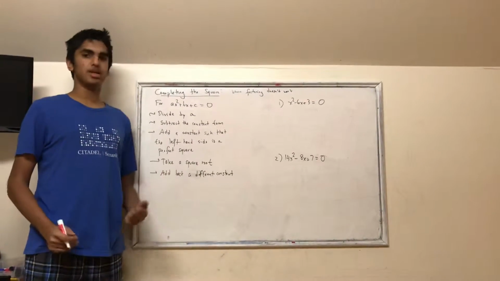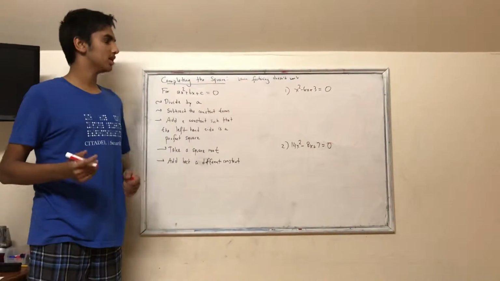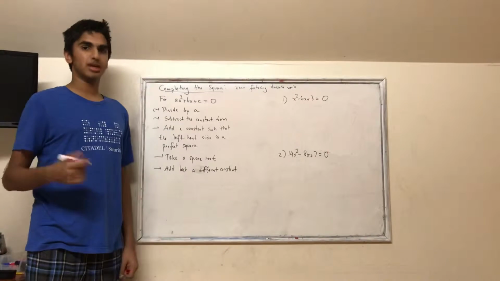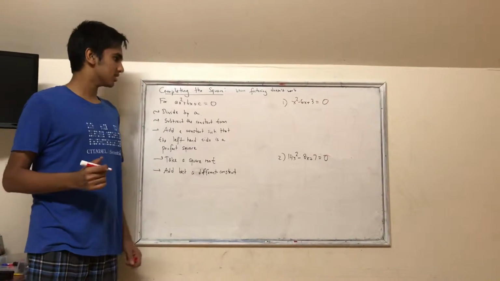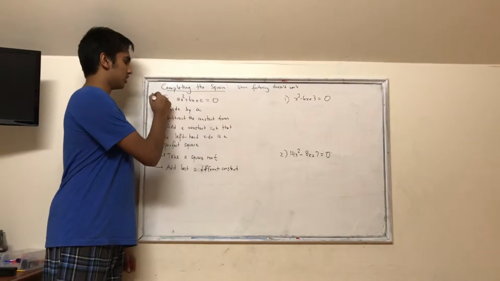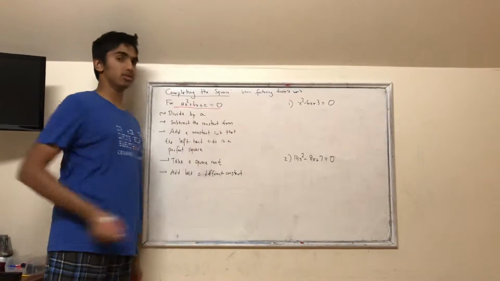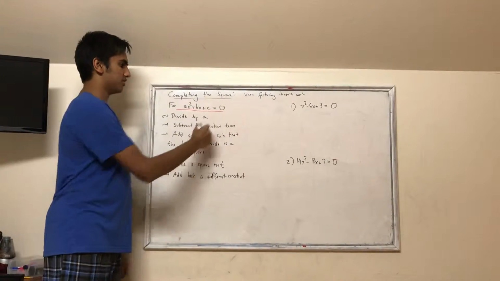So our next topic is completing the square, and this is when factoring doesn't work. In general, you're probably not going to use completing the square in the future, but it's good to know. So for our general equation, ax squared plus bx plus c equals 0, our steps are we first divide by